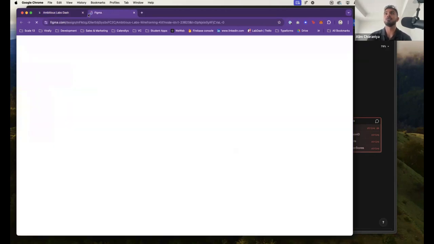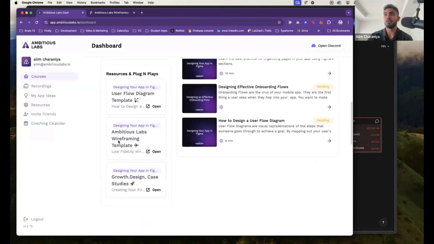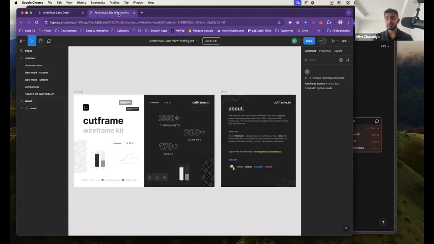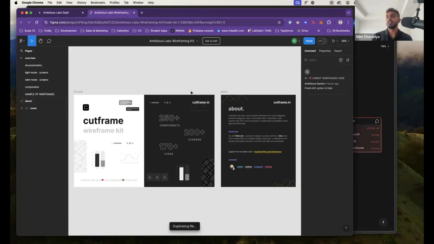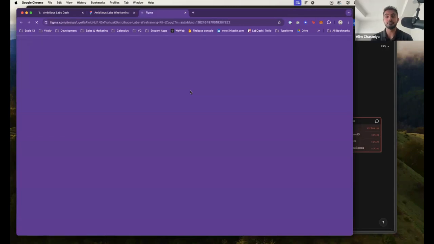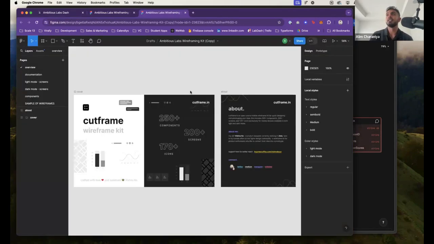So head over to your designing your app in Figma, and then you can tap on that wireframing template. This is going to open up the wireframing template in Figma. The first step is to drop down here and click duplicate to your drafts so that we are not modifying a master copy of it. We have our own copy. So what I'm going to do is call this Closer Academy